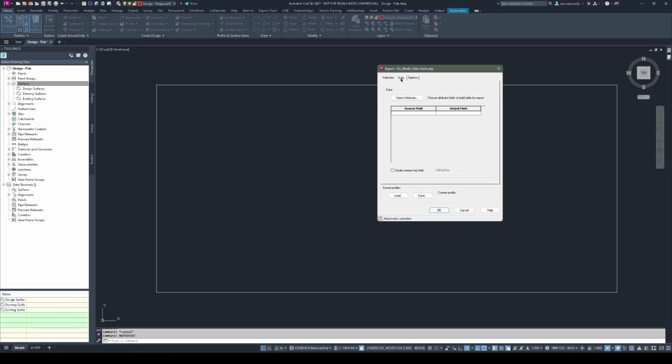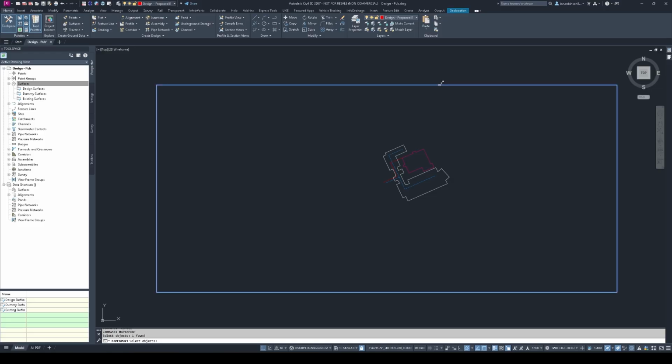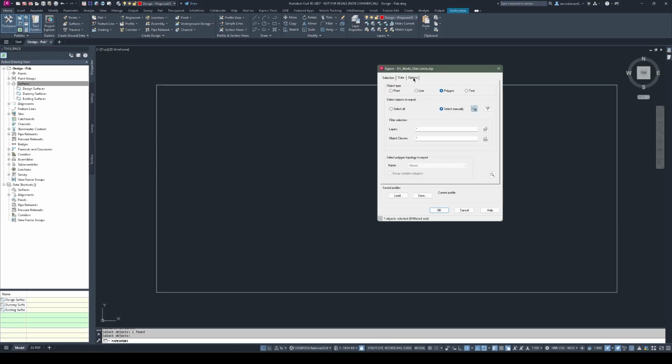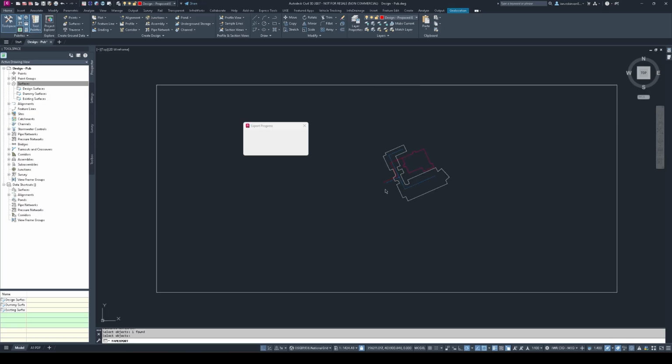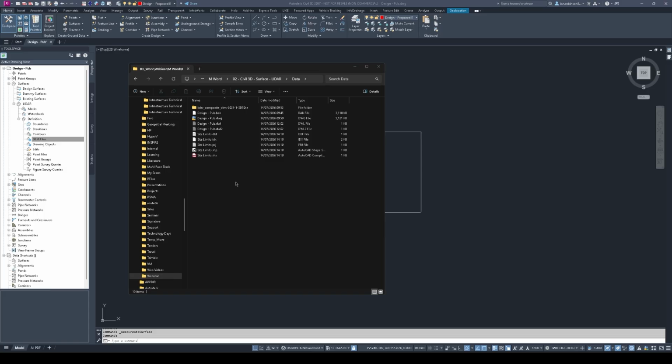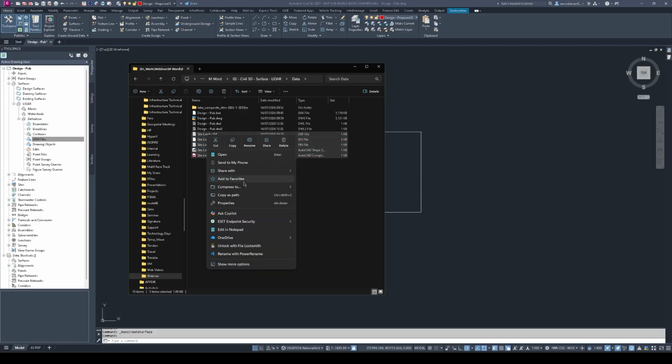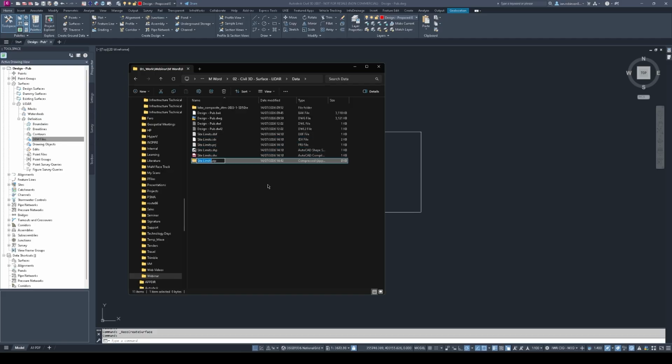And all we need to do, we don't need to export any data, we just need to select the object. So I'm going to select that line there and tell it that we're going to treat closed polylines as polygons. Hit OK. That will export. It'll tell you that it took 1 second to export. So let me go and find that data, and here it is. Here's our file. All we need to do here is compress it into a zip folder,